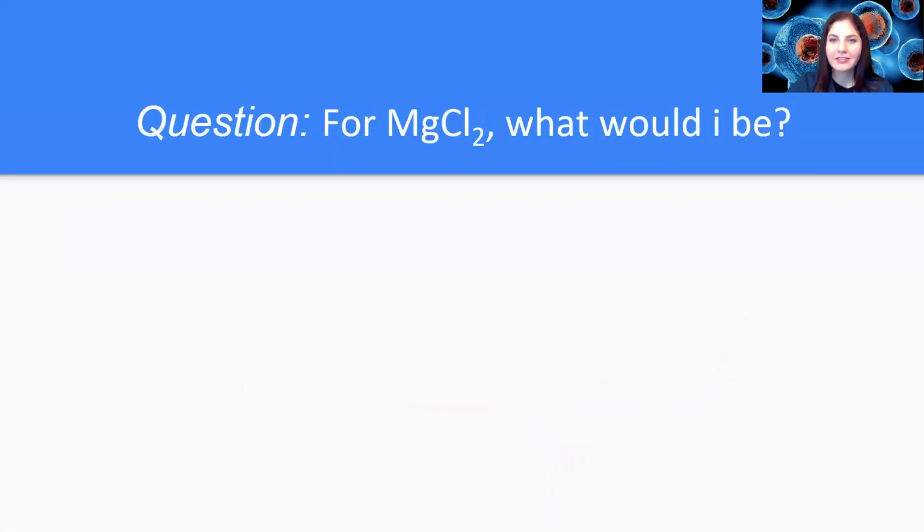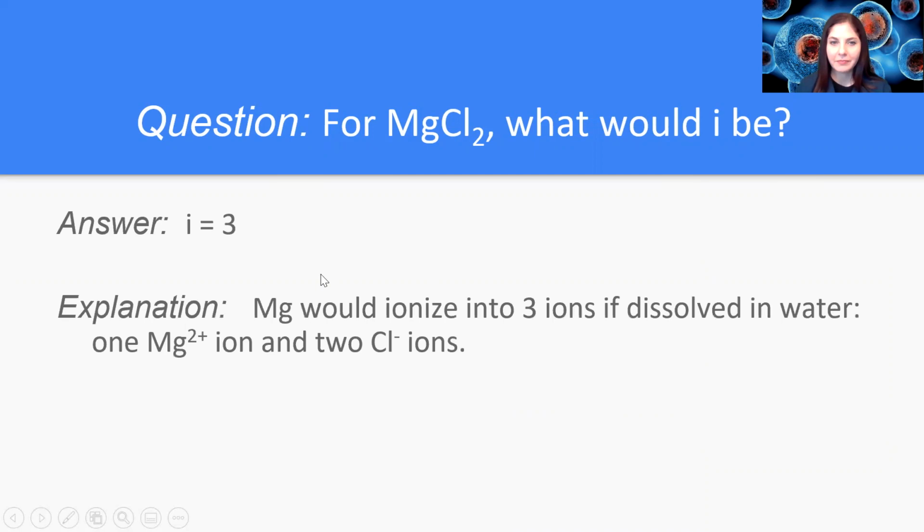So we're going to practice that skill now. The question is, for magnesium chloride, what would the ionization constant be? Again, take a breath, because you are not going to have to do this particular step in class. However, I just want to make sure you understand how that ionization constant was calculated, so if you see that I equals something, you understand how you got there. Magnesium chloride would ionize into 3 different ions if it was dissolved in water: 1 magnesium ion and then 2 chloride